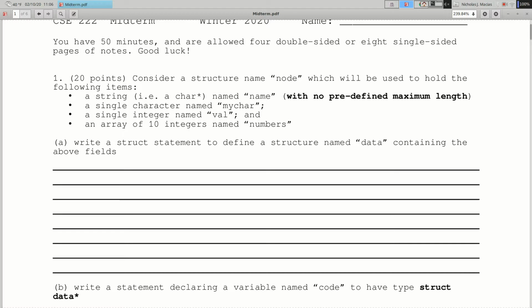That was just a typo on my part. So if you got confused by that and did something accordingly, I tried to give you credit. For example, some people made a structure named node and then created a typedef named data. At first I was taking off points for that, but then I figured out what was going on. So my intent was just to have a structure named data.